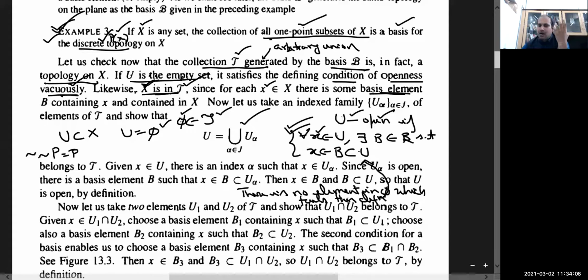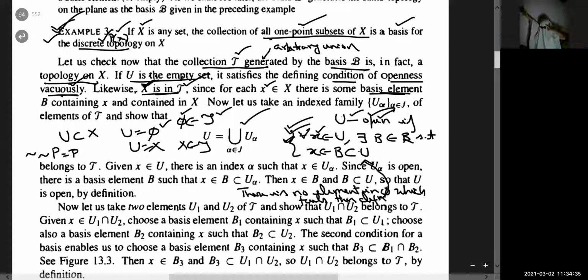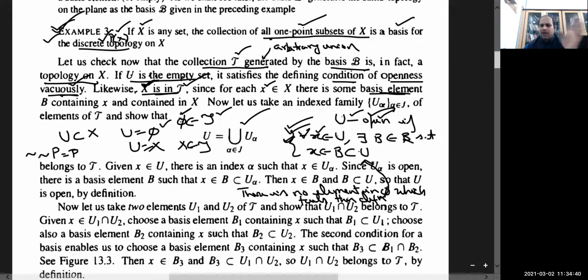Actually, here I want to discuss the definition of whether a set is open or not in terms of basis, because we have already studied basis. So from now on, I am going to discuss every definition in terms of basis. The definition of an open set in terms of basis is this one. Now you have to strictly follow this definition. Now in place of U, suppose U is equal to X. Then again my claim is whether X will be a member of this T. According to the definition of topology, phi and X should trivially be there. But apart from this, if you want to use this definition, then you can always claim.